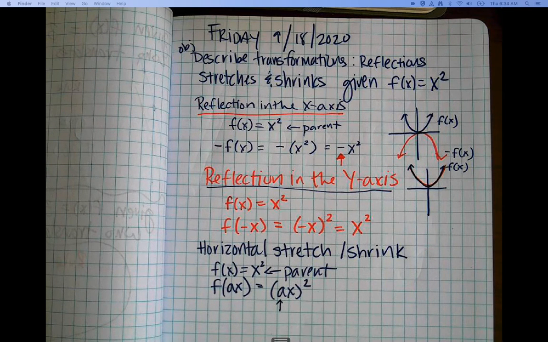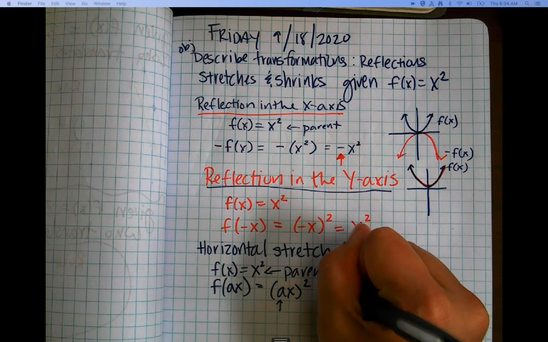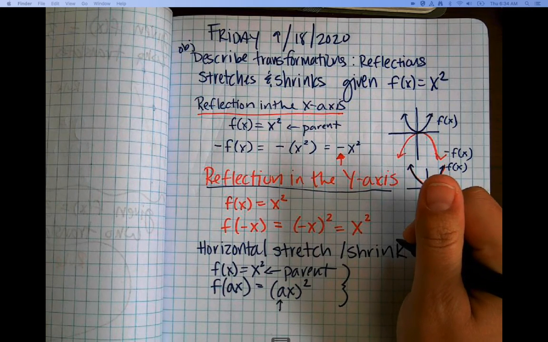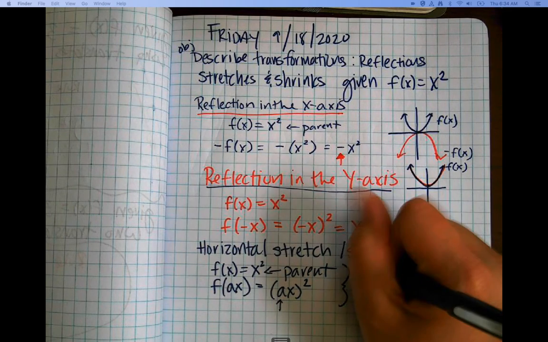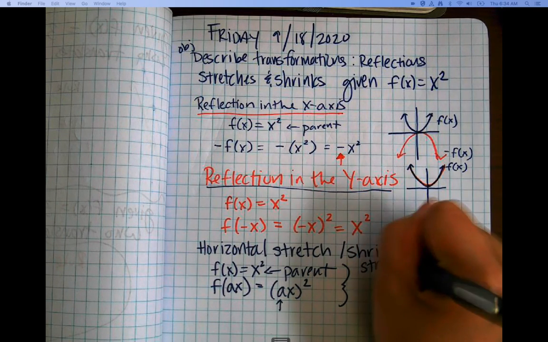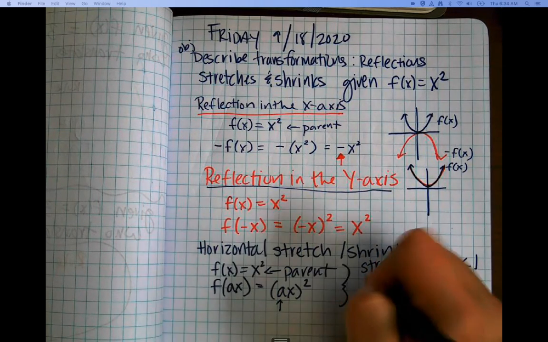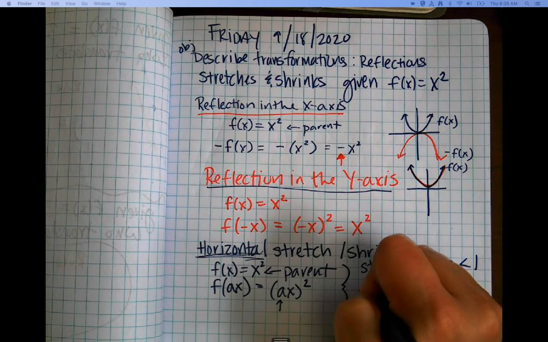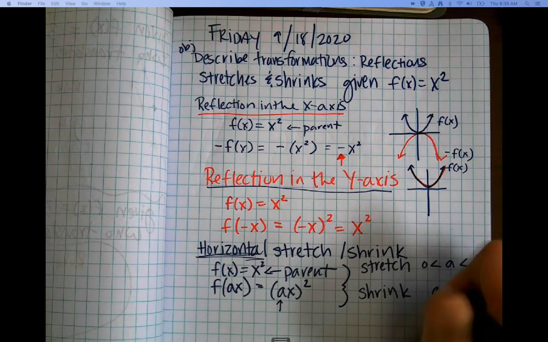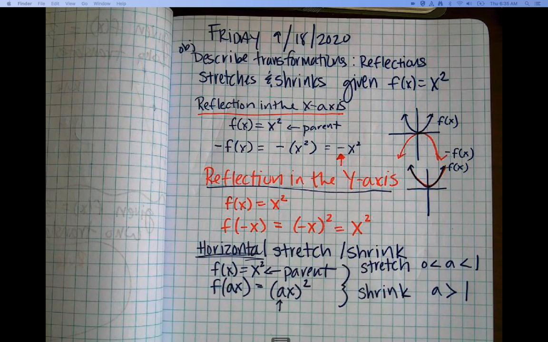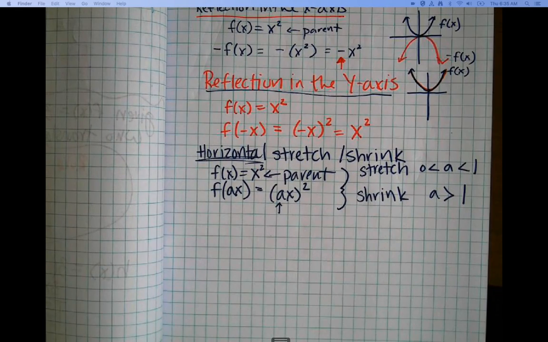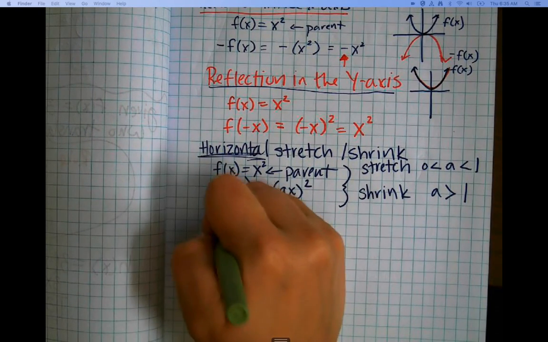So if this is what happens, then this is the same as notes we've written on the other page because it applies. So it's a stretch if a is between 0 and 1 horizontally. Make sure this is horizontally. And it's a shrink when a is greater than 1. If you need to pause, go ahead, but I have to adjust this. Okay? So then the vertical